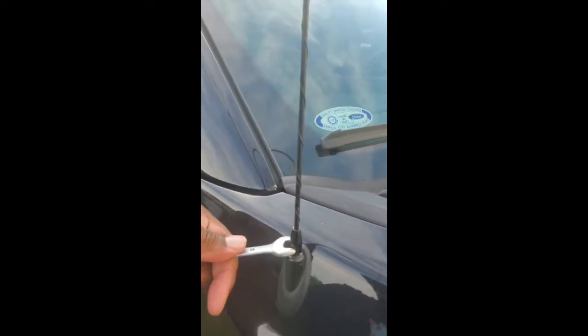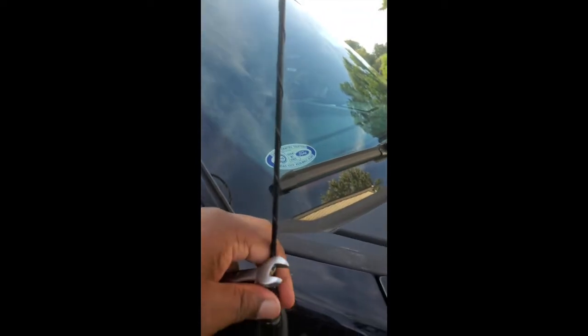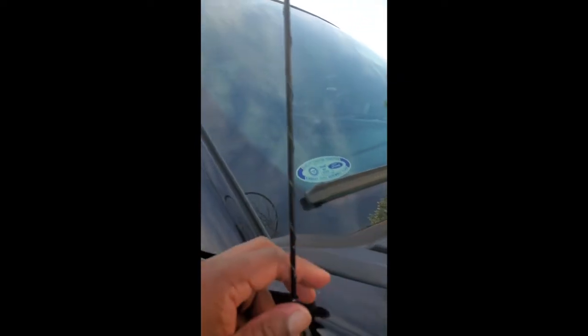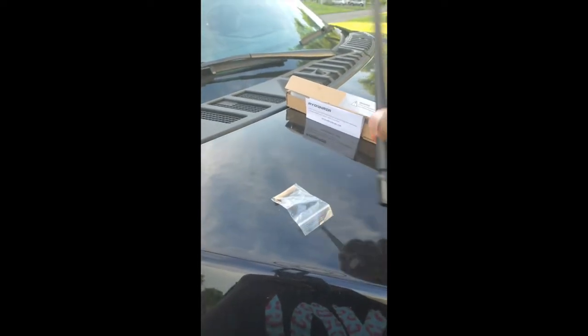Off a little tight. Let's see if we can do it. So now we got it out. So now it's out. Now we have a rod in there, short, and as you can see, we have the